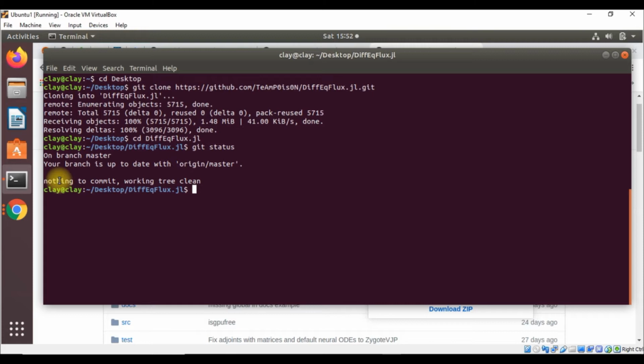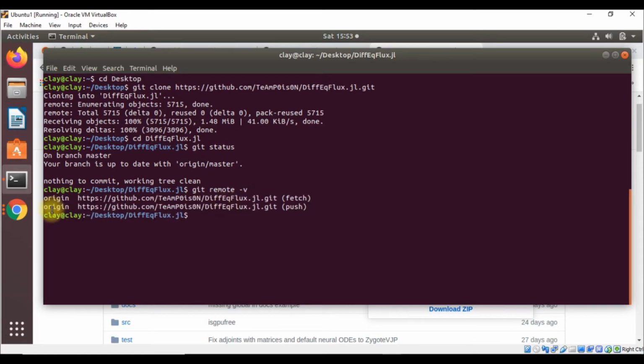So to do this, first we will open our terminal, and I have already opened my terminal and now I am in my directory. We will list the currently configured remote repository for our fork. To list it, we give the command git remote -v. It shows that the origin is my own fork repository. Now we will specify a new remote upstream repository. The new remote upstream repository means the original owner of this repository.